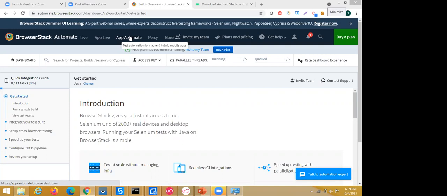Before that, let me add some more points here. Why do we need to understand the installation and configuration part which Sandeep is showing us? Because we need to connect with the UiPath mobile device manager. Whenever you do mobile automation, a lot of prerequisites and capabilities need to be set up, same as web automation. If you connect with Chrome, you need to install the extension, and only then does UiPath communicate with Chrome.